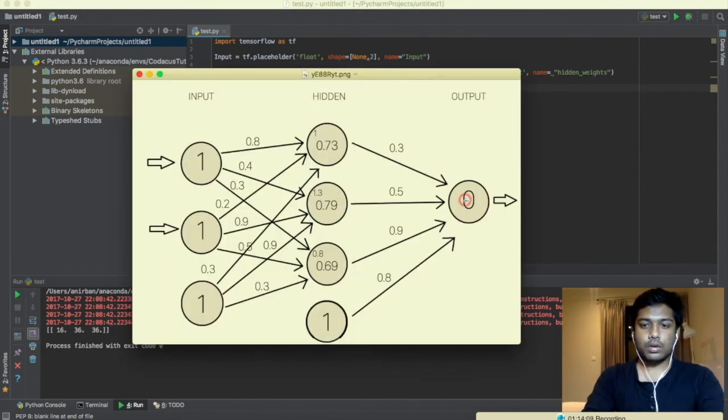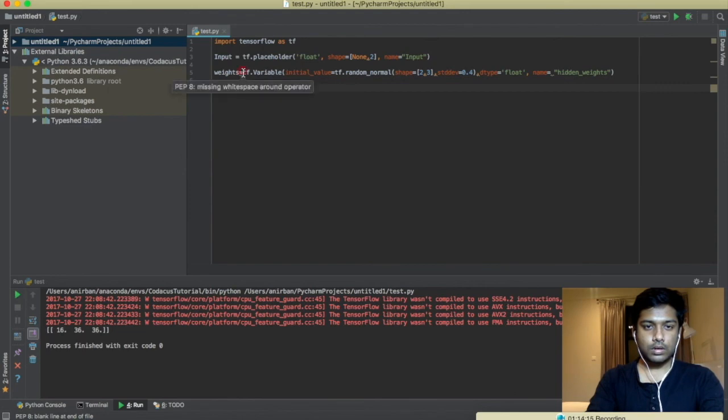and we also need to create this bias neuron. Let's create this bias neuron. It will also have